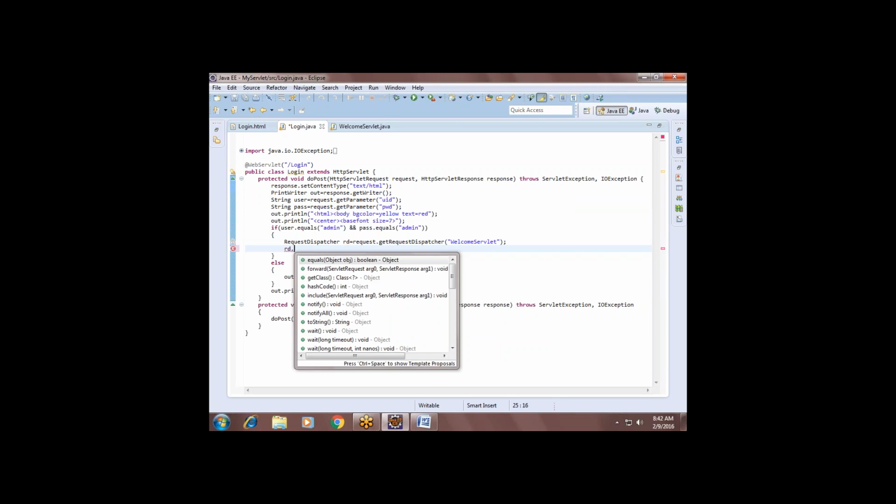do you need to use forward or include here? Do we need to use forward or include? If the credentials are correct, do I need to get some output from here also, or do I need to forward the request to the next servlet? I should call forward or include?